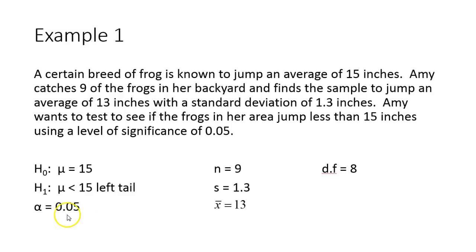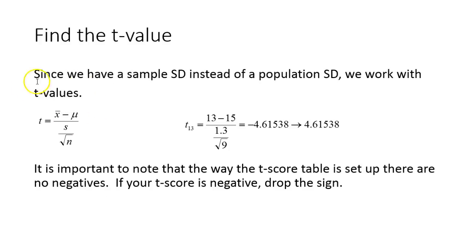But the level of significance is 0.05. The sample size was 9. Remember that when we have a sample size and we use the t-score chart, we have that degrees of freedom, which is 1 less than the sample size, so that'll be 8. s is a sample standard deviation, which is 1.3, and the sample mean from what Amy collected is 13. So we'll use all that information and we'll jump to calculating a t-value,